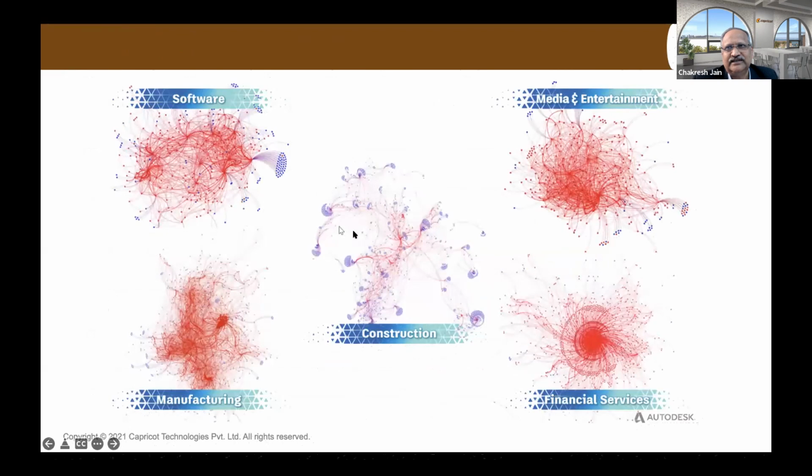The second biggest problem: if you look at the number of organizations which have to come together to deliver a project in the construction industry, compared to any other industry, this is the most diverse industry. So that's why there is a huge challenge in terms of coordination and collaboration. It's a highly collaborative industry, but because of the number of people required, there are always communication gaps. Most other industries have some big focal point around which they develop, but it's not there in the construction industry.